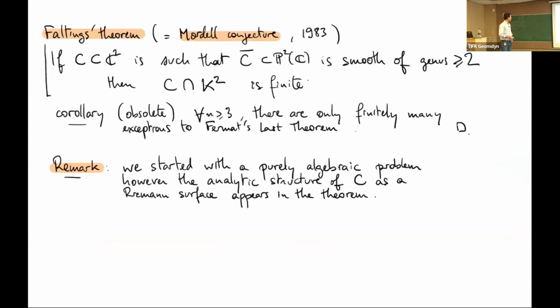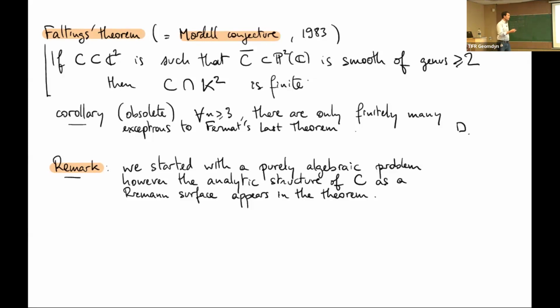The most famous theorem in this area is certainly Faltings's theorem, which says that if you take a plane curve, so a curve defined by one equation in 2 dimensions, and if you view this curve as a Riemann surface, and as a Riemann surface it is smooth and its topological genus is bigger than or equal to 2, then, if you projectivize to make it compact, in any number field this curve has only finitely many points.